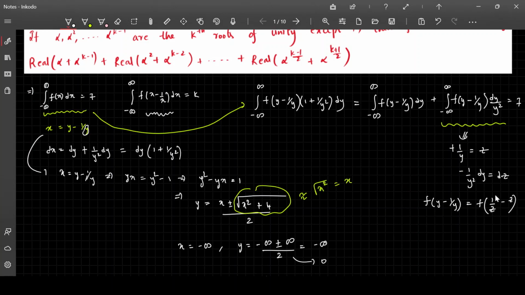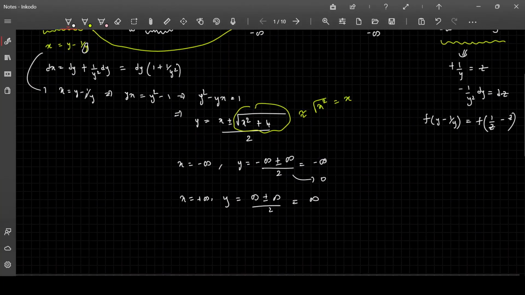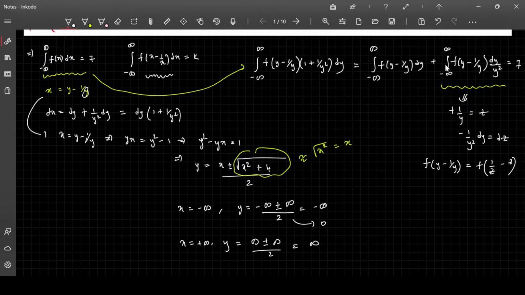So here itself we have also made some mistakes, so please don't mind it, you can just come here for the reference. And also the limit changes. Now let us first break this integral, and then write all the required things. So this integral actually transforms as minus infinity to 0 f of y minus 1 by y dy by y square plus 0 to infinity f of y minus 1 by y dy by y square.